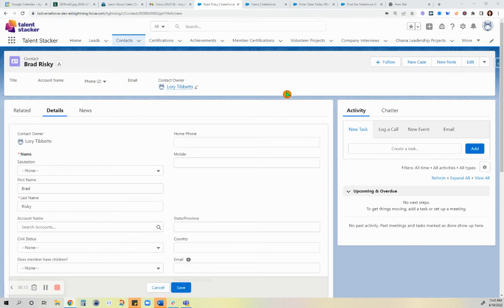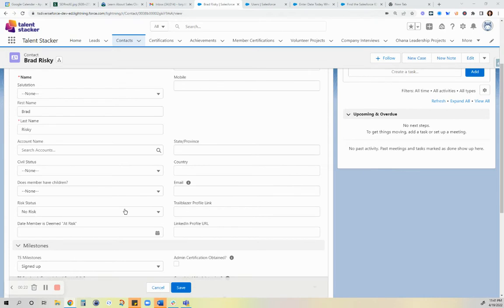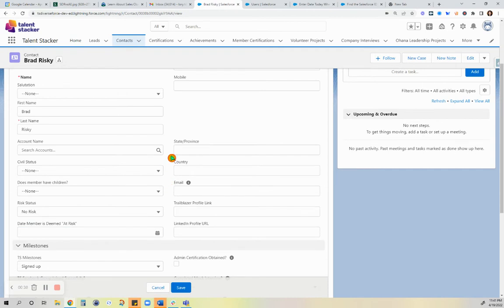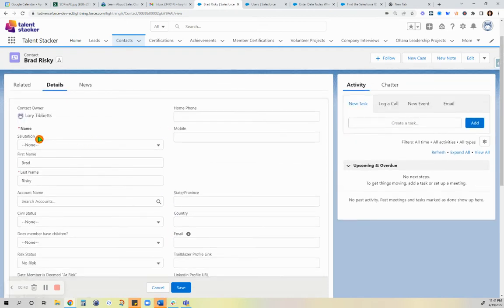If you will remember in the last video that I made for this playlist, I created a flow that, when I changed the risk status of a record to at risk, it automatically populates this date field here to today's date once you go to save that. So now what I want to do is to add